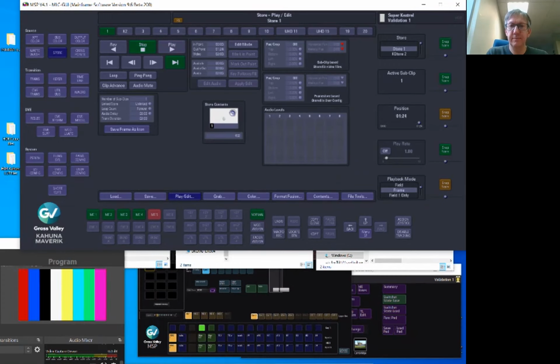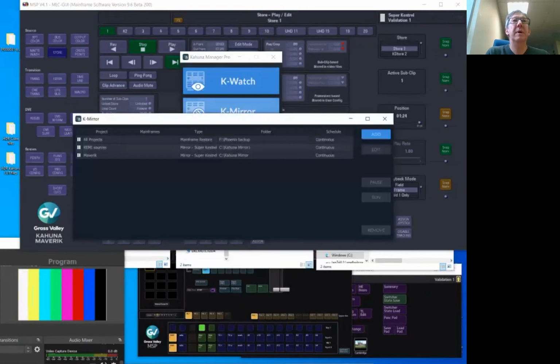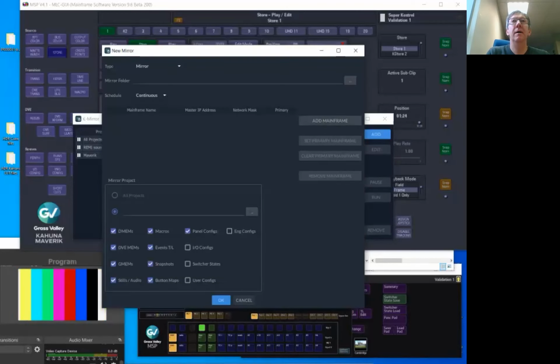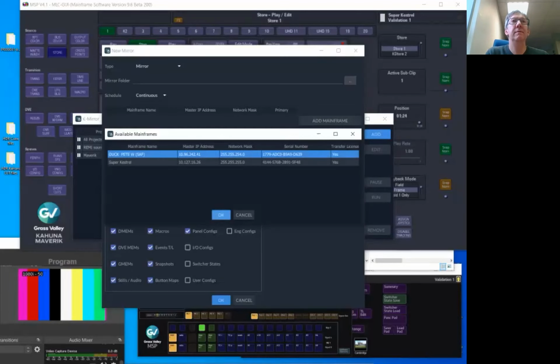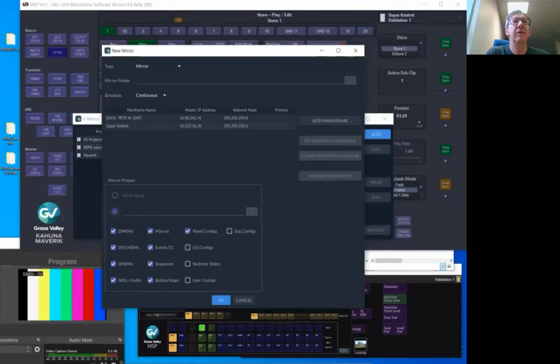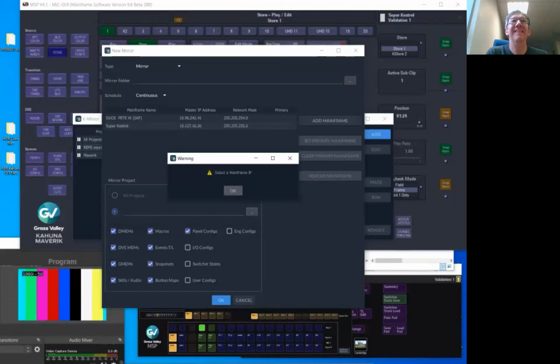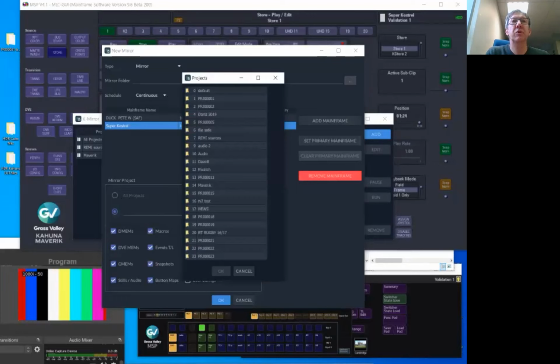So it's a way of, there we go. I've got a rather lot open on my PC. You can basically, I'll create a new one. So you can mirror whole projects. So if I add that one, I'm adding mainframe. So I've got 2 mainframes in my list now. I can either do all projects, or I can make it say, let's pick that one. So if I pick project 17 on one mainframe,